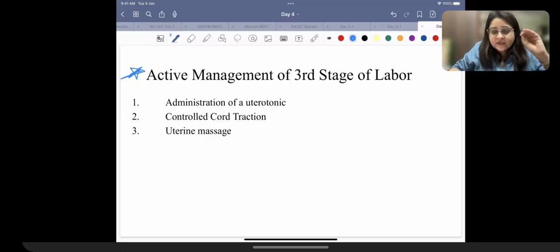Okay? Now when we talk about PPH, we talk about both prevention and treatment. Prevention is basically active management of third stage of labor, what we call,